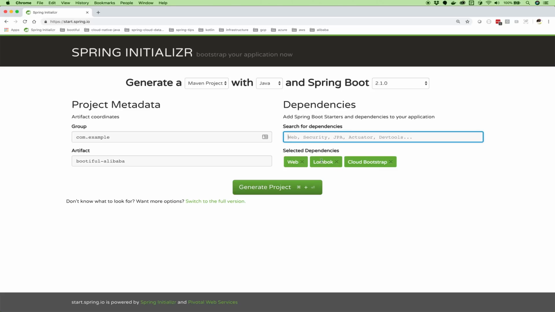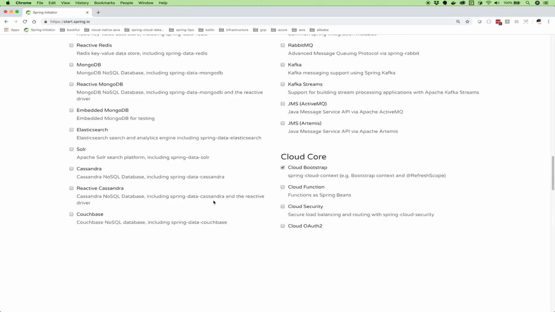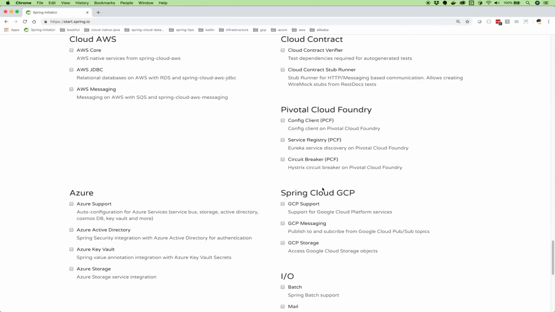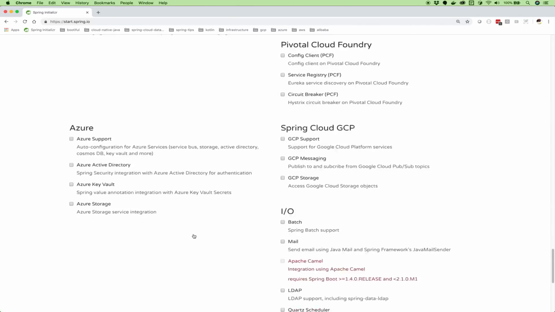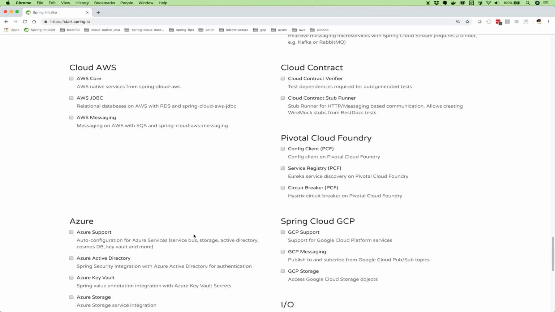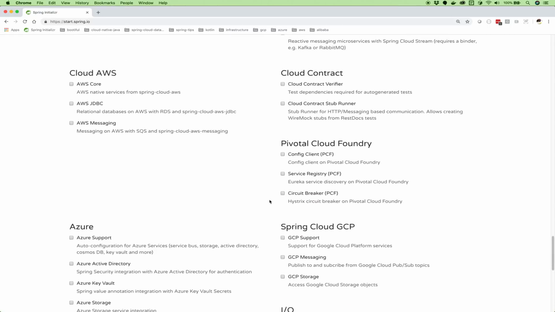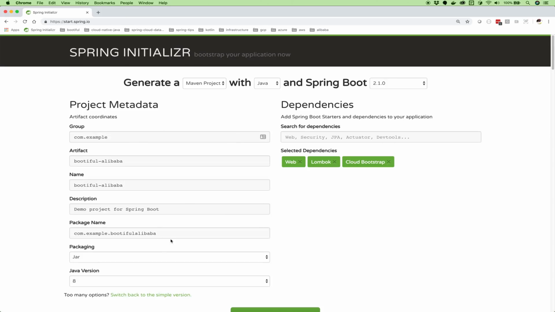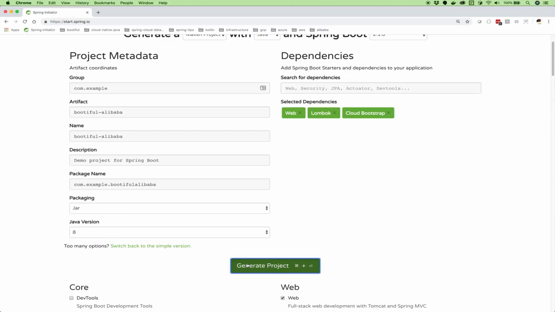At the moment, we'll have to add the checkboxes for Alibaba manually. We've already got support for AWS, for Pivotal Cloud Foundry, for GCP, for Microsoft Azure, and so on. So we've got the big four there already, and Alibaba, I hope, is going to join the release train in 2019. So here we go. We've got this very simple application. We're going to use all the basics. It doesn't really matter. We'll hit generate.